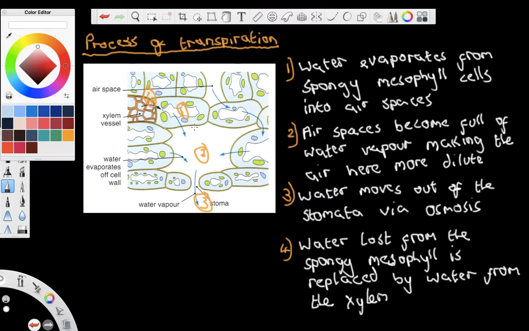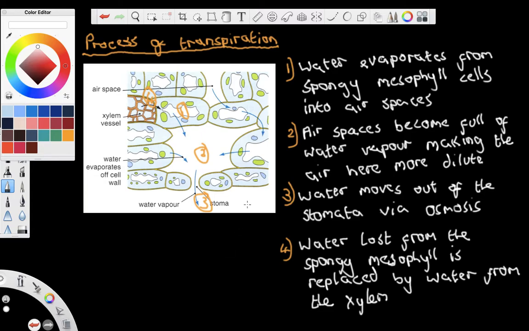If you're not 100% certain about this process, I strongly recommend you have a look back at your lesson notes on osmosis, where we spoke about the movement of water from a more dilute solution to a more concentrated solution. Okay, this is moving from more dilute air to concentrated air. Okay,